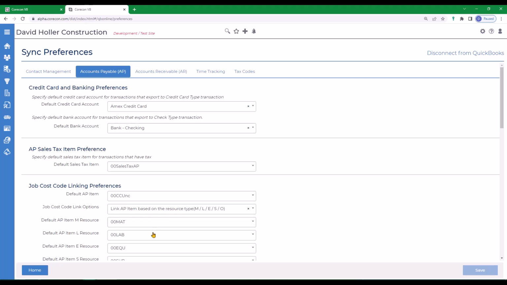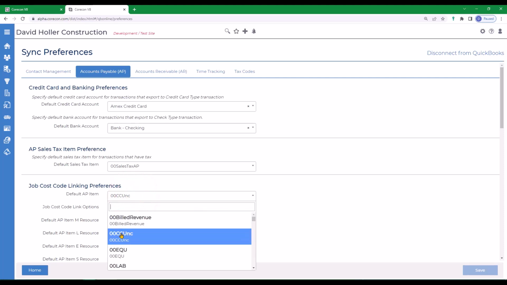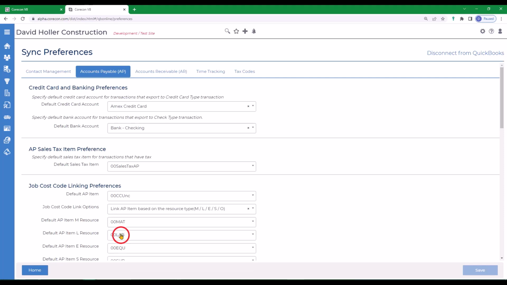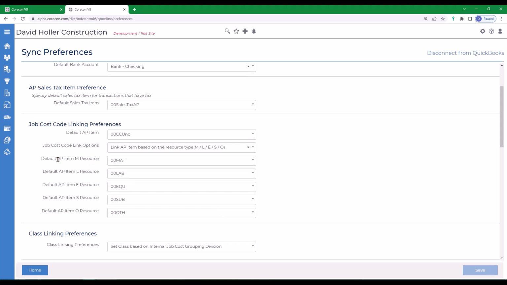The one I've selected first of all is the one based on the cost code resource or the cost resource type, and those are materials, labor, equipment, subcontract, other. In this case, we're going to choose the default AP item, which is a clearing item, CCUNC or CoreCon unclassified. The job cost code link option is the one that includes the MLESO. And for each of the line items that appears,